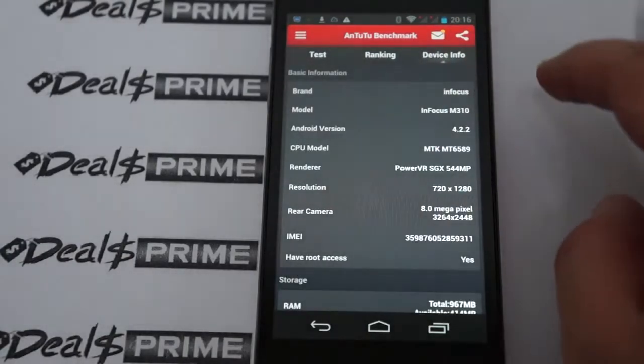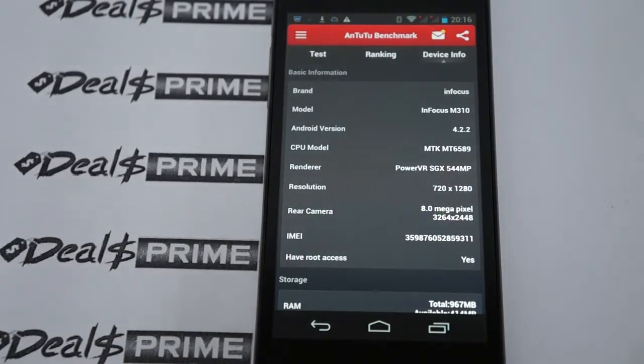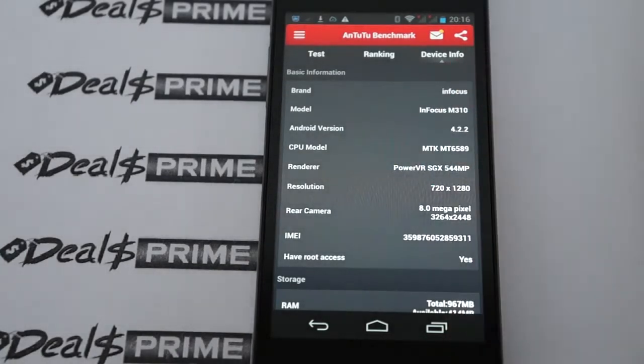Here we go. So again, InFocus. Oh, so this is the M310. Oh wait, one second, please. Okay, so I think for the M512 we have to wait for Monday for that unit to come in, and that's a 4G LTE model. Okay, so I'm glad that we caught that. So it's the M310. So this is the lower spec model, which is cheaper as well, so that's a